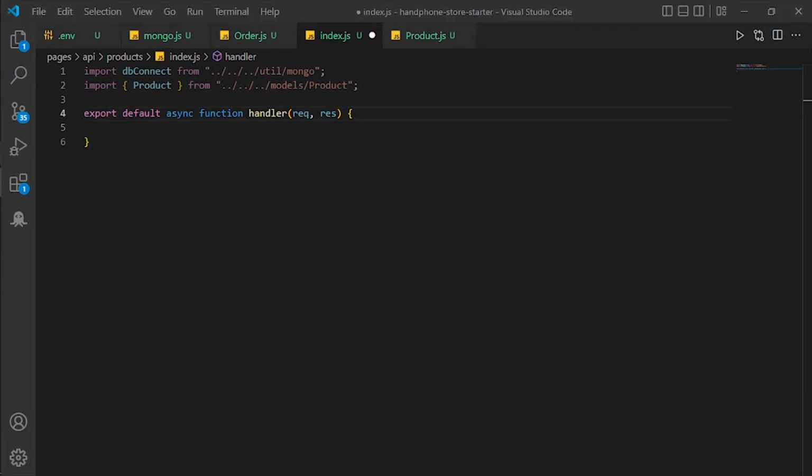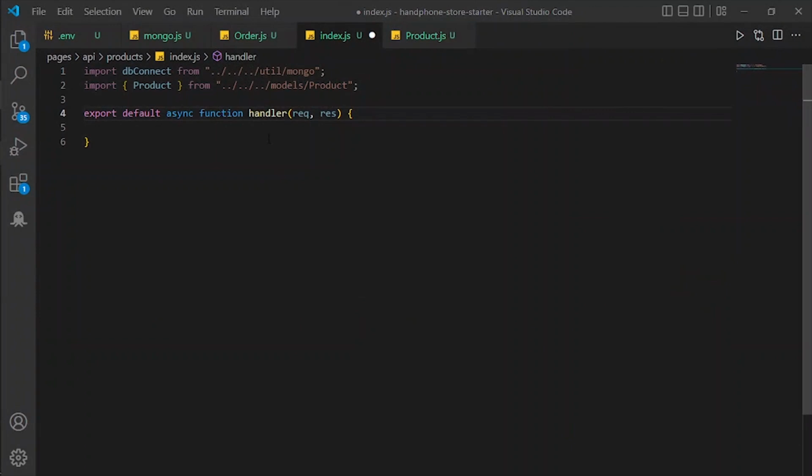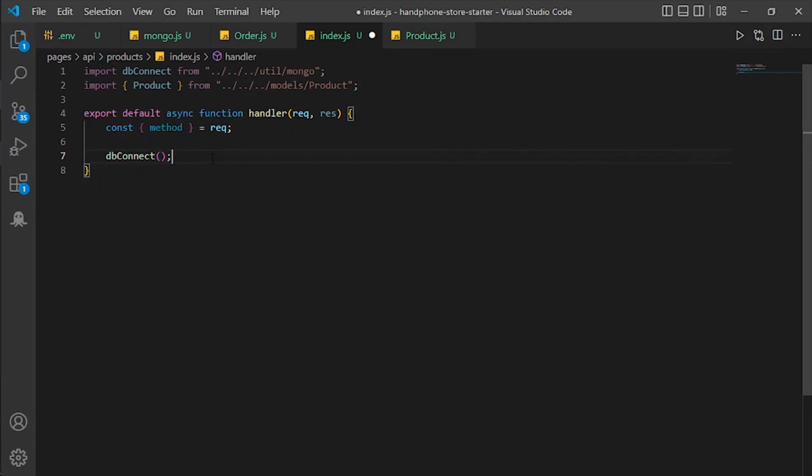Inside of this export default async function, we are going to make a new variable with const method equal to req, and I will give a semicolon in there. Below that we will have the dbConnect function. So we are going to connect with a database,